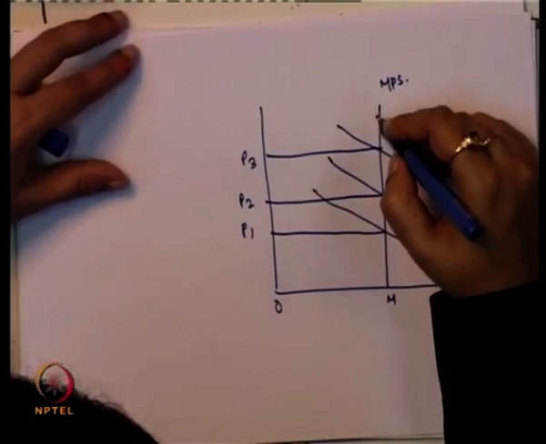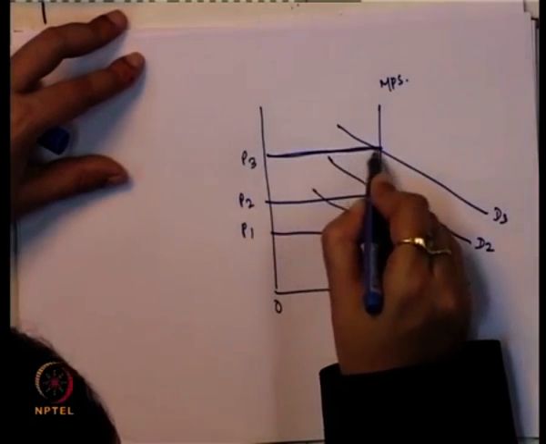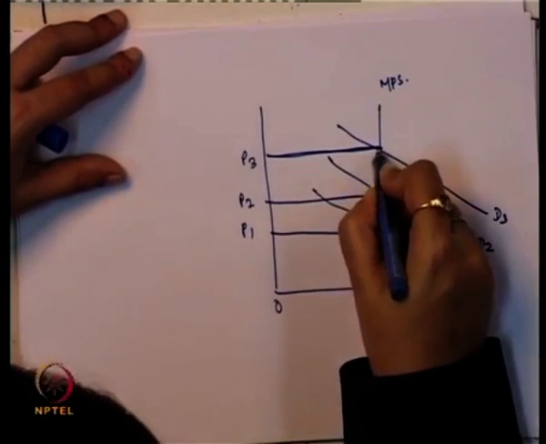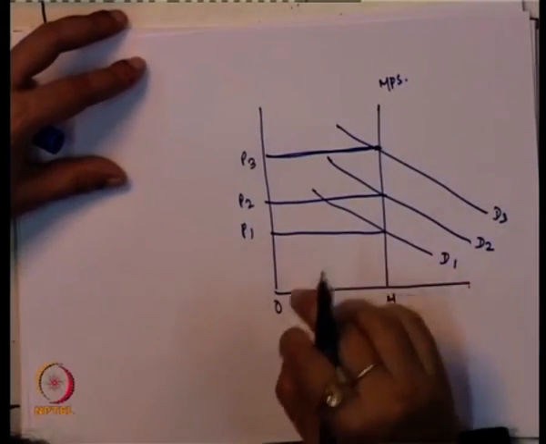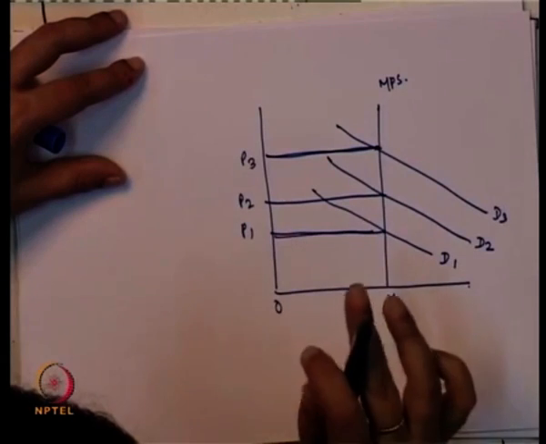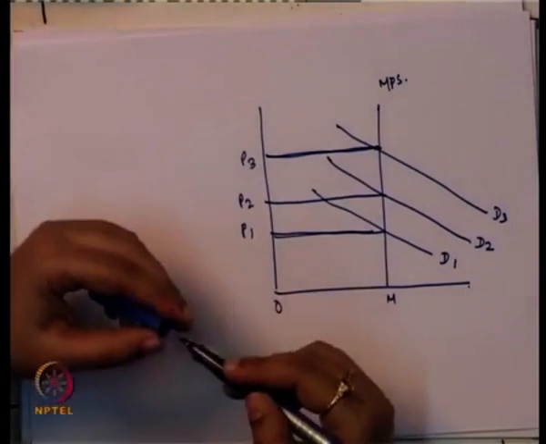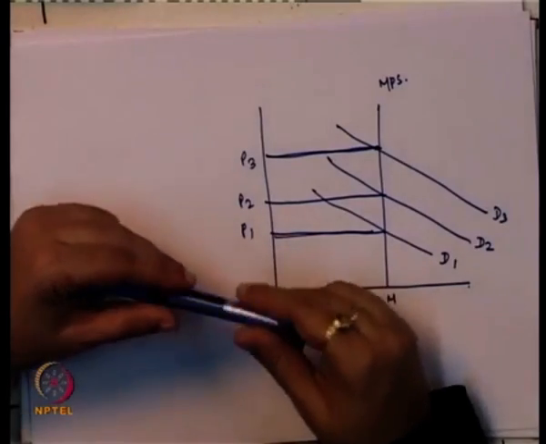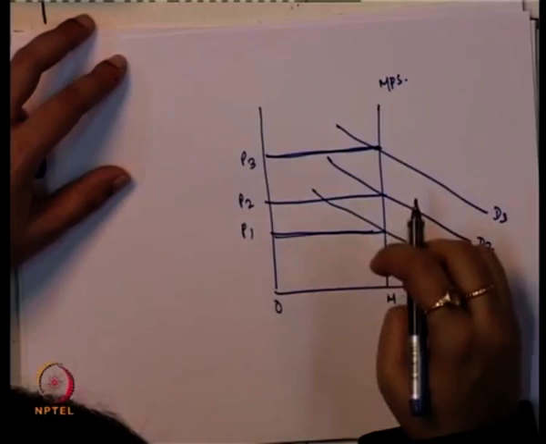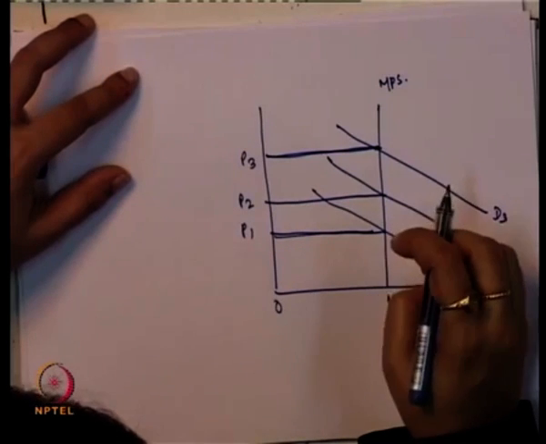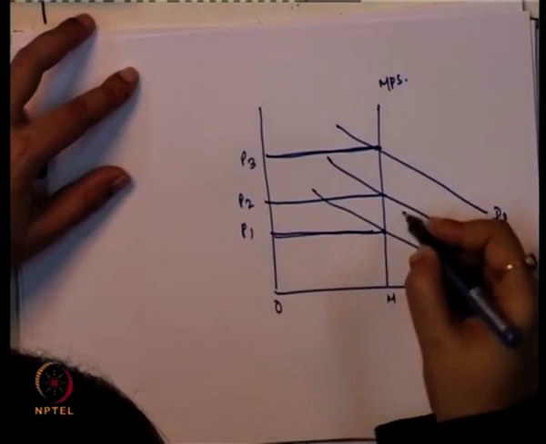One is sufficiently high that the seller will be prepared to supply the whole stock of the good, that generally happens in case of P3, and secondly there is a minimum price at which the seller will not be prepared to sell anything. Instead of that, they will hold back and keep it in the stock. Now, what is the minimum price here? The minimum price here is the reserve price.